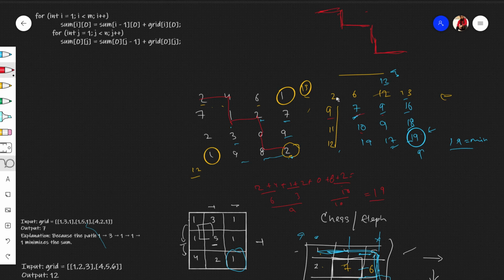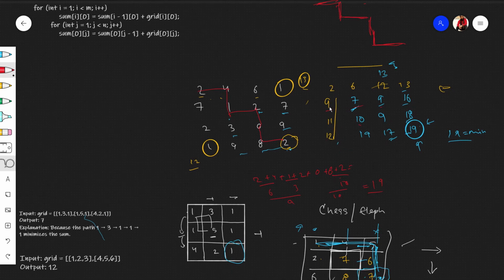So 2. Now we need to find the next thing. Next thing will be to add the token and the previous amount. Token is 7. 7 plus 2, 9. Okay, do it again. Token plus previous amount. Token is 2. Add this 2 to the previous amount, which is 11.